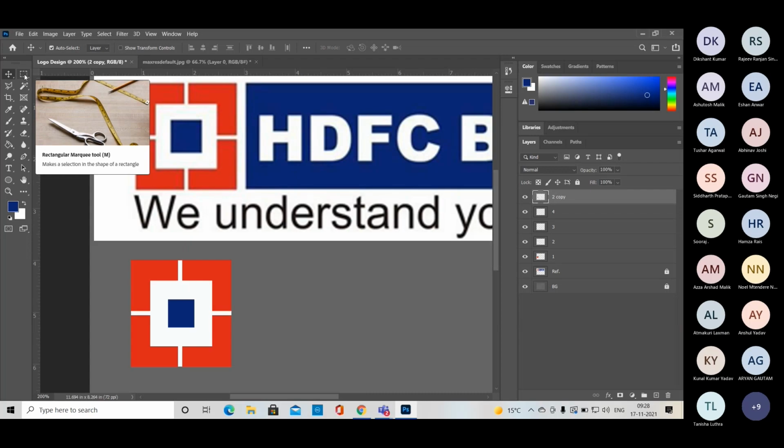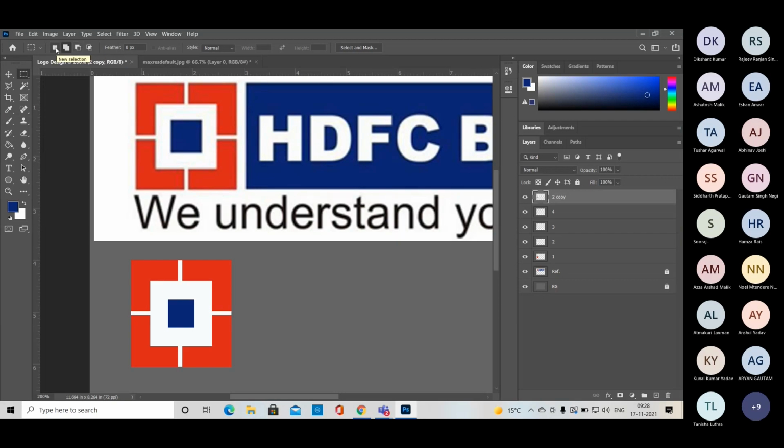And there's another option when we select this tool. There is a control palette of this tool. You can find the new selection, add selection and subtract selection, and there is an intersect, right? What you want, you can pick it and check it out. So suppose I was working with a design.